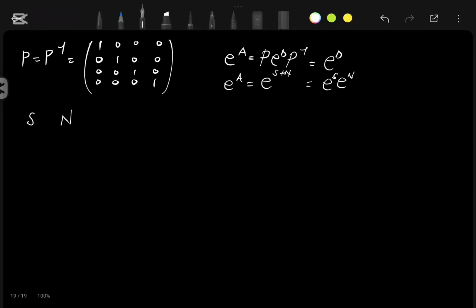So for our S matrix, it is given by P D P inverse, which is the same as our D, because our P is the same as our P inverse. So our S is equal to D. So for us to find our N, we have to subtract S from A, which is given by, I will take